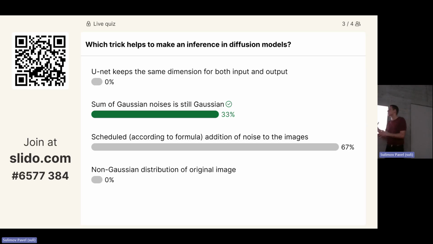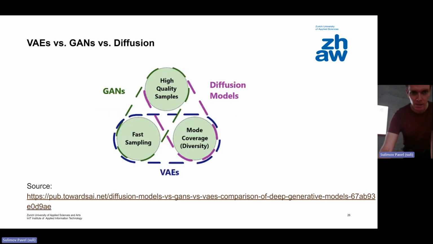So I would say the question itself is quite tricky, and I'm happy we're choosing between those two. Because in terms of what helps to make the training, this one should be the answer: it helps exactly how the noise is added. But in order to make the inference, because it is hard to be done immediately, it's going to be done through the summation and subtraction, but that's okay.